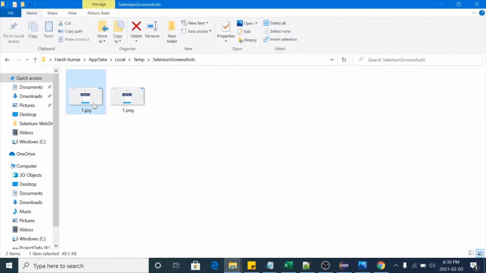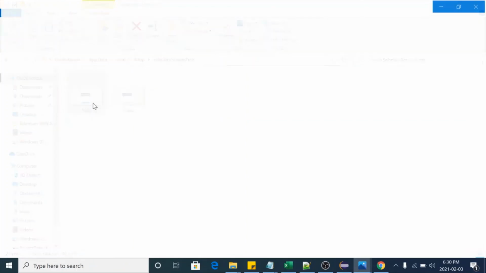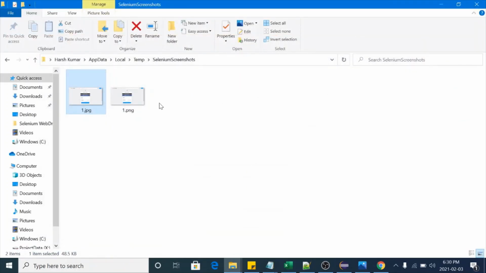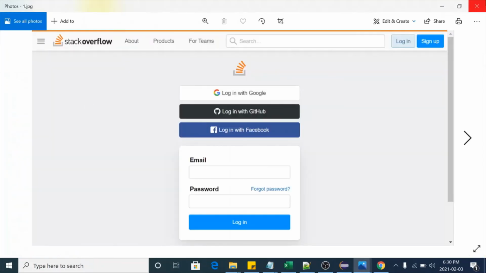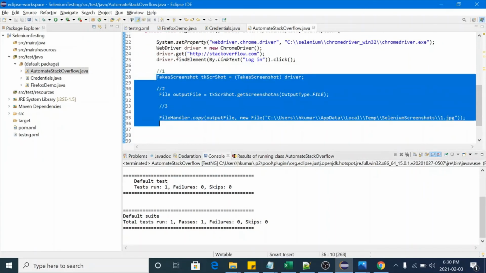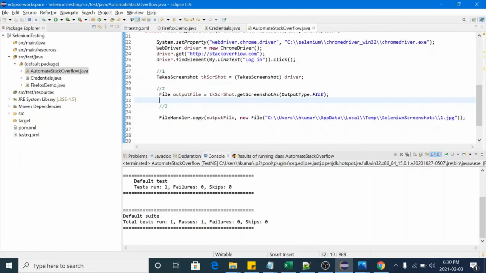You can save the file with any extension. In the last execution we saved the file as one.png, and in the current execution we saved it as one.jpg. In both extensions we are getting the file. So if you want to take a screenshot in Selenium, you just need these three lines. That's all for today. Thank you so much.